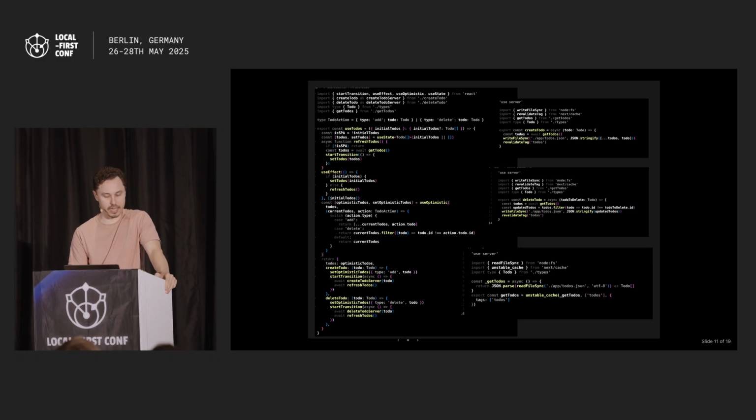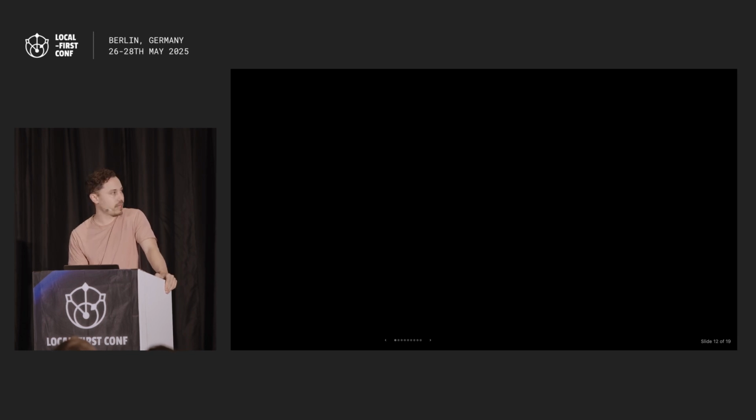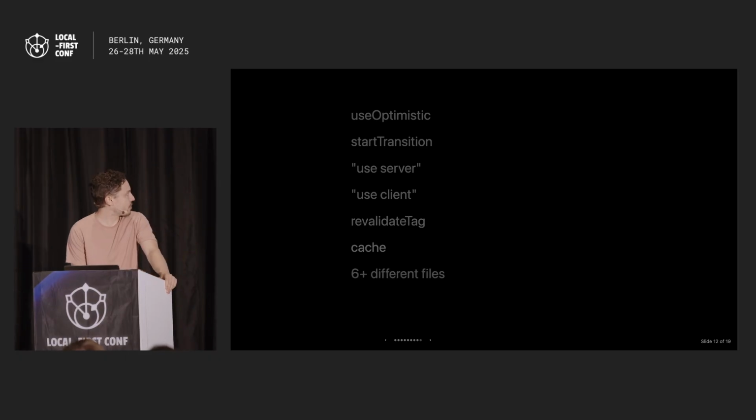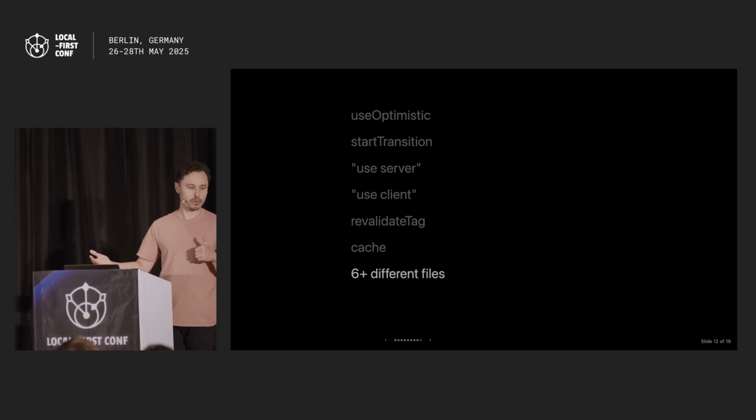This is where I was getting. I added a few more files for persisting the state locally and all this stuff. But by the time I got to here, I'd already added a ton of concepts to my app. I was forced to split things into a bunch of different files, which was interesting because I thought you could do inline directives like use server, but I guess you can't in client files or something like that. So it was forcing me to move things further away from my files than I expected,